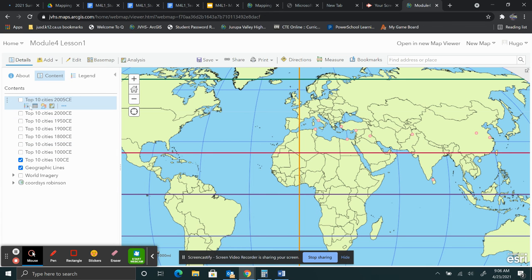So what is it telling you guys? You see in here, this one has some stuff underneath. So when we want to see the top 10 cities 100 common era, to make those extra buttons appear, you have to click on the actual text. Once you click on the text, all these things appear that you can do with your layer. You can